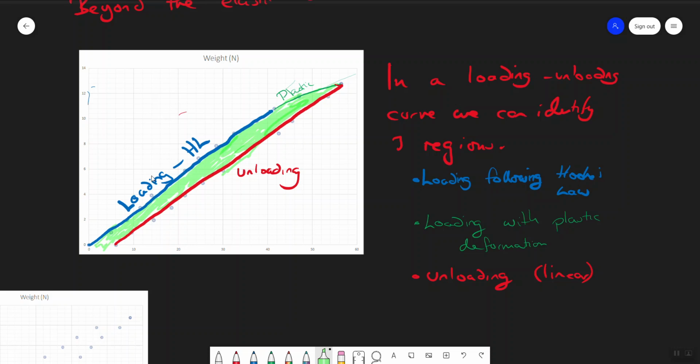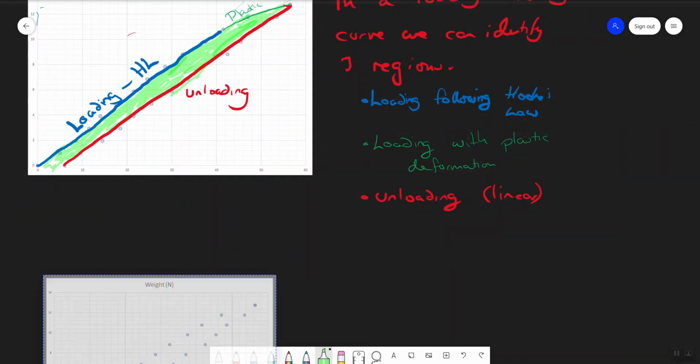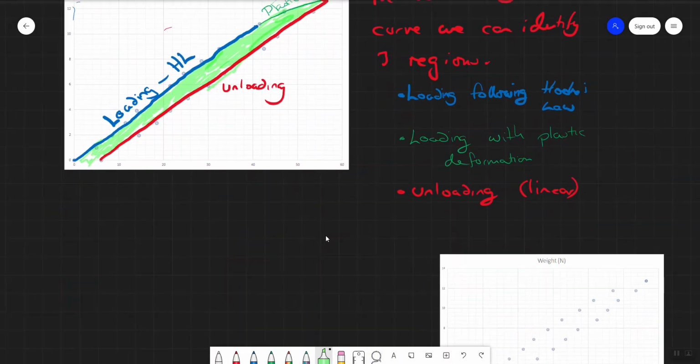So we can actually calculate the amount of work that's been done in permanently deforming the spring, because you put in the stuff under the blue and green lines, and you can get back out the stuff under the red line, that's coming back out. The stuff in the green area, well, that's staying inside, that's been absorbed by the spring. So